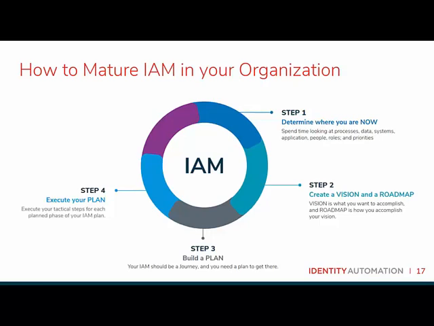And then last but not least, as part of this cycle, we've got to measure our success. This is where we determine, did we achieve level 2 of this? Did we roll out a third factor in our MFA plan? Did we move to level 3? Do we have step-up authentication defined for the applications we set out to? Maybe we had trouble with one of those applications and we had to change our plan. We had to change our roadmap a little bit because we had to back off of a particular application. That's okay. We know we can do that. And then we just measure whether or not we actually succeeded.